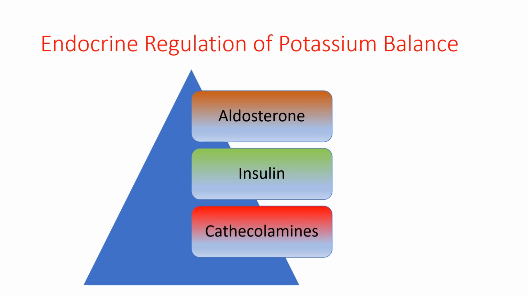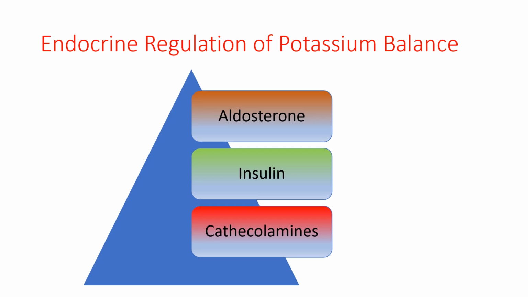Aldosterone is produced by the adrenal cortex in conditions of low circulating blood volume, either due to dehydration or hemorrhage. It can also be produced in situations where a patient has low blood pressure and in patients with hyperkalemia. And the major mechanism of action is to stimulate the increased reabsorption of sodium in the distal tubule and increased secretion of potassium, leading essentially to hypokalemia. So, the higher the level of circulating aldosterone, the lower the level of potassium in the blood.